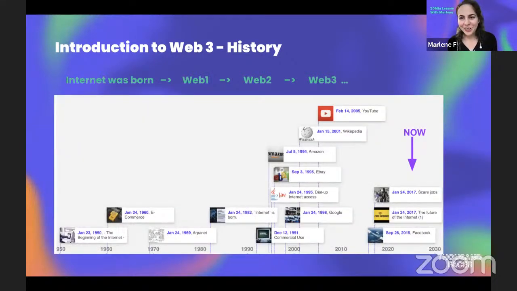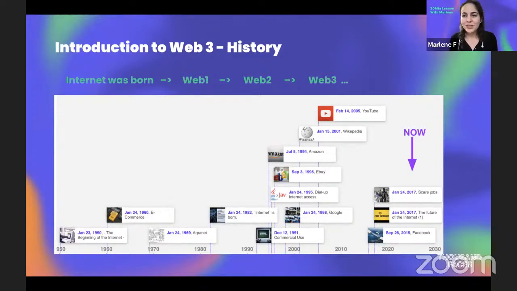So let's go a bit on the history. I will not go very into details because it's a short lesson, so we just want to have an overview. So the beginning of the internet was in the 50s. There were different moments why the internet was brought to life. For example, when they were planning to go to space, they needed a way of communicating, not necessarily in the same physical space. In the health sector, there were different needs for communicating with people when they were not in the same location. So there were different needs that brought the internet to life.